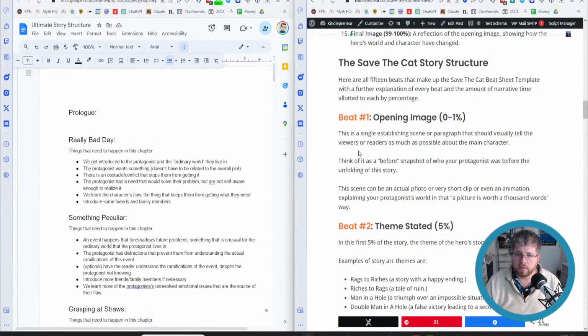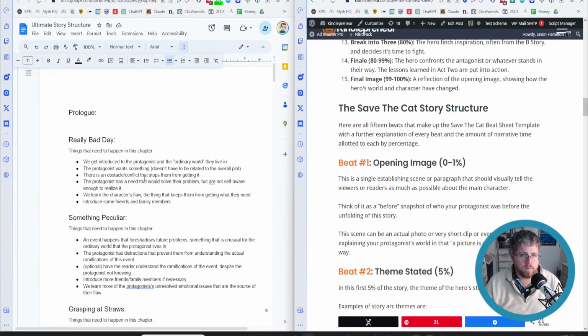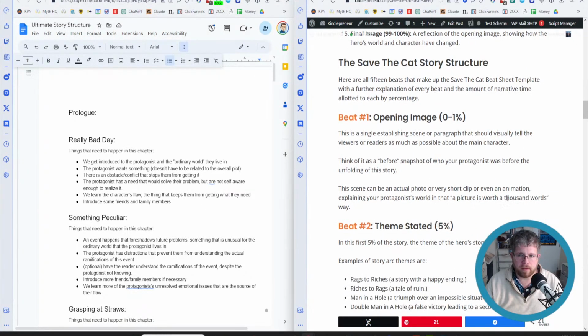So let's just read this. This is a single establishing scene or paragraph that should visually tell the viewers or readers as much as possible about the main character. Think of it as a before snapshot of who your protagonist was before the unfolding of this story. This scene can be an actual photo or a very short clip, or even an animation explaining your protagonist's world in that a picture is worth 1,000 words way. Obviously, we're not doing an animation for a novel, but